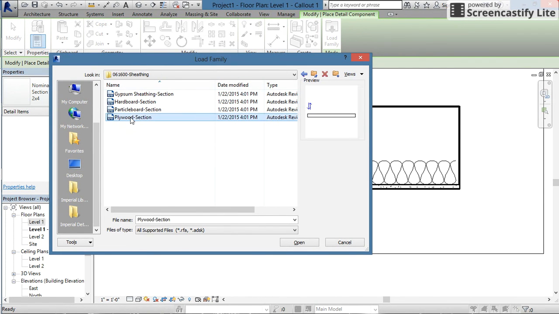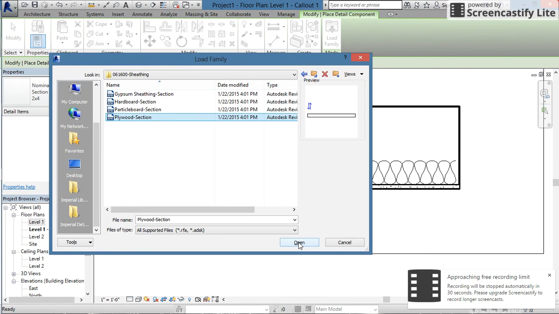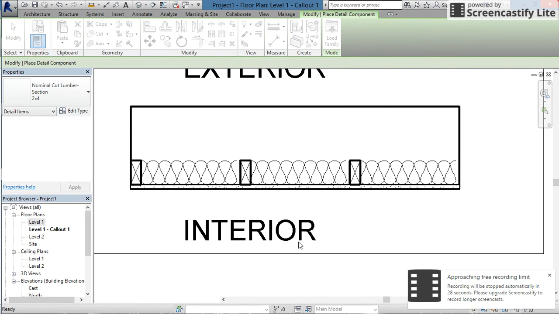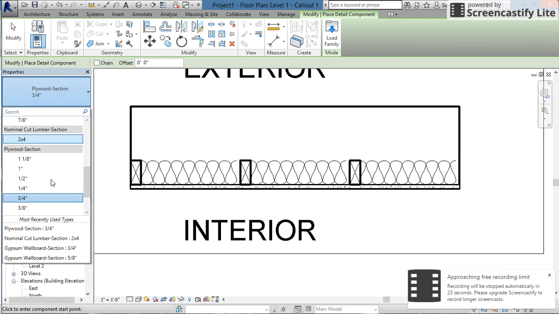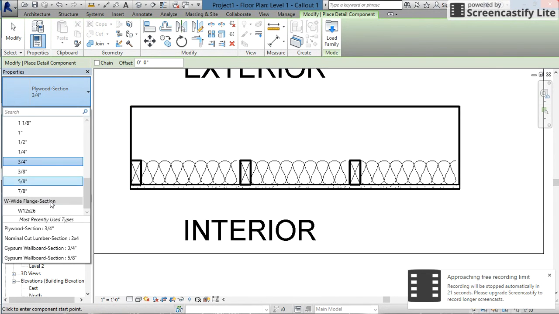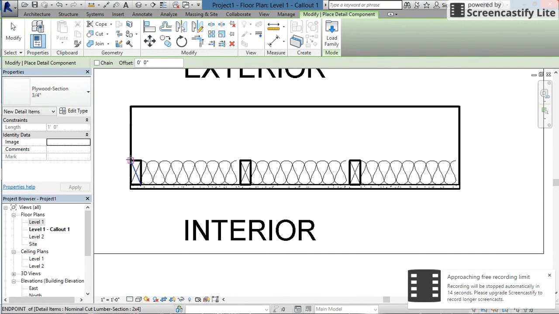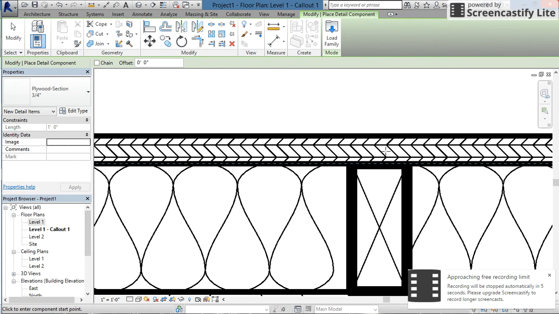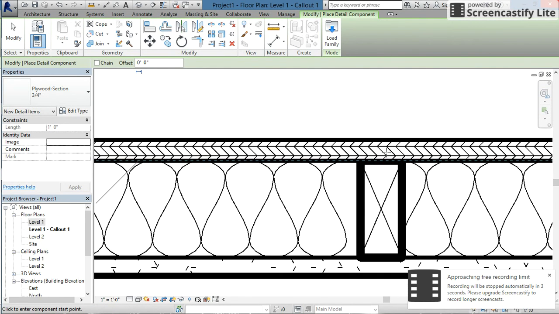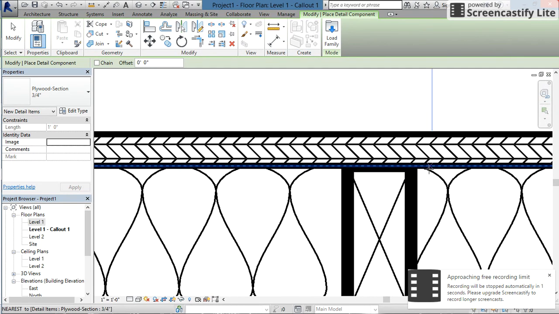And we're going to do plywood. Plywood wood sheathing. So we say open. And it already loaded in a bunch of different sections automatically. We have 1 1/8 all the way down to 7/8. So the one we're going to use is 3/4 of an inch. It was already set to that one. And just like the drywall, we'll click and move it across all the way to the end here. And although that doesn't look like plywood, that is the symbol pattern for plywood. That's what plywood looks like for